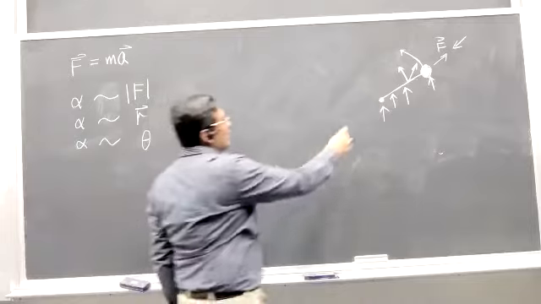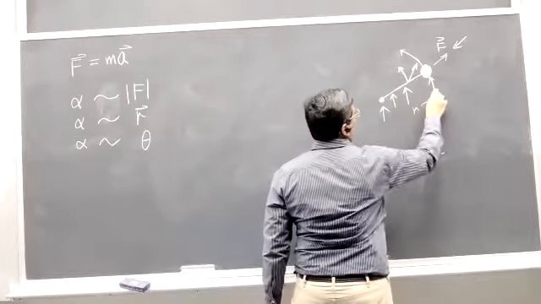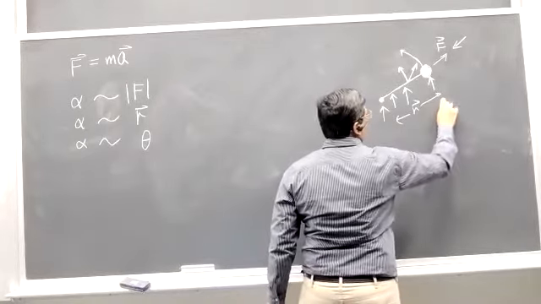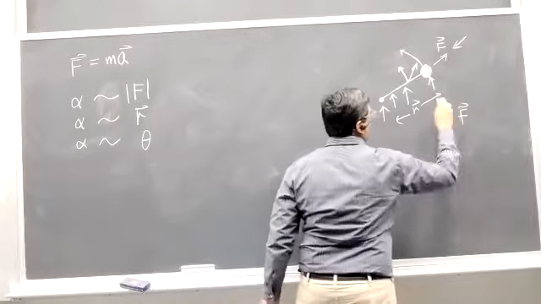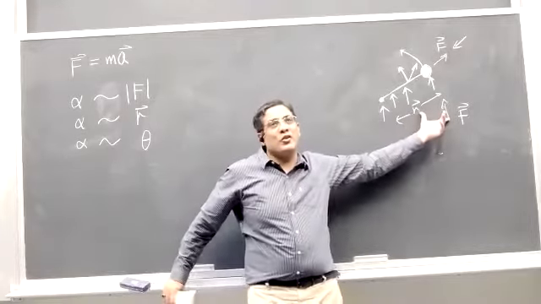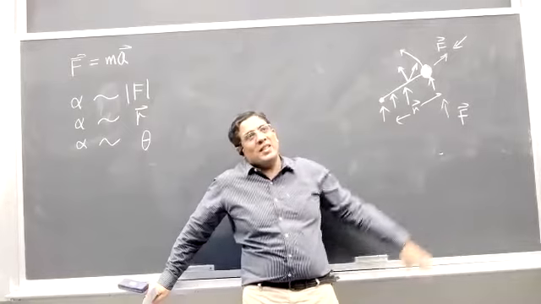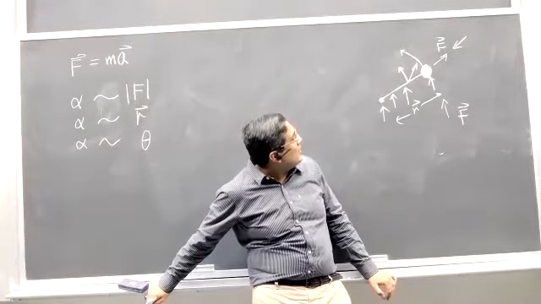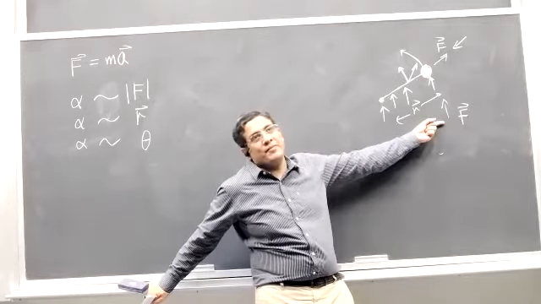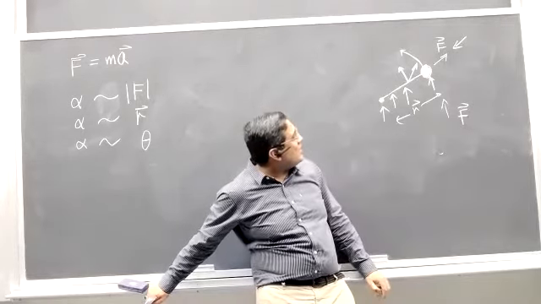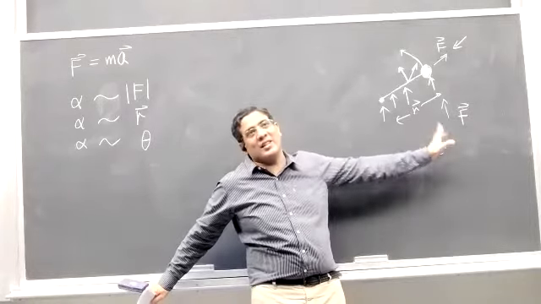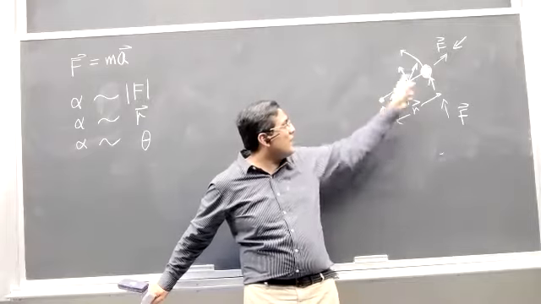Let's say that this is R, and the angle between R and F, the force that you are applying. For example, when this angle between R and F is 180, there is no rotational acceleration. When this angle is 0, again, no motion. When this angle is 90, that is when you get the maximum force in terms of the angle, okay?